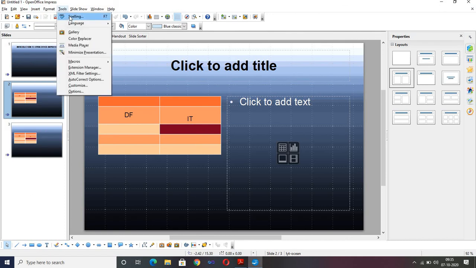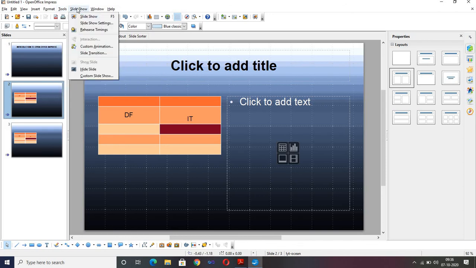Then we have tools again for spelling checking if you want. Then we have media player also. Macros are also work in this, but it won't work right now in the system, like we have discussed in the spreadsheet also. So the same procedures are there. I think you all are quite familiar with this. Okay, this is your slideshow setting and rehearsal time. Like if you want to give a presentation, you want to see how much time does one slide take. If you don't want to continuously click manually, so you can set the timings from here using this rehearsal timing